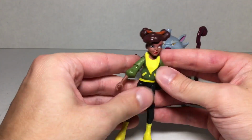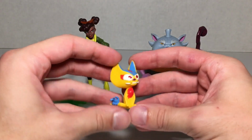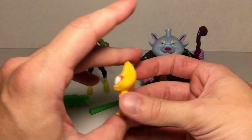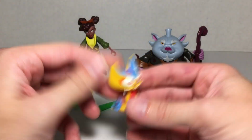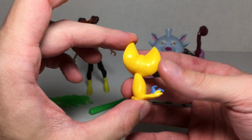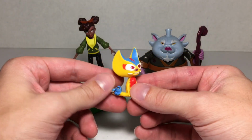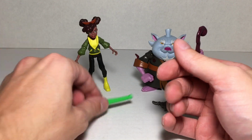And she comes with a couple accessories as well. And one of the accessories that I do enjoy that she comes with is Mayhem. Now, Mayhem we saw in the premiere episode, Mystic Mayhem. And so it's cool that we get this packaged with April. There's no articulation on it, but it is a well-painted little accessory. Kind of reminds me of some of the sidekicks that came with the old TMNT figures, so that's a cool addition. She also comes with a baseball bat